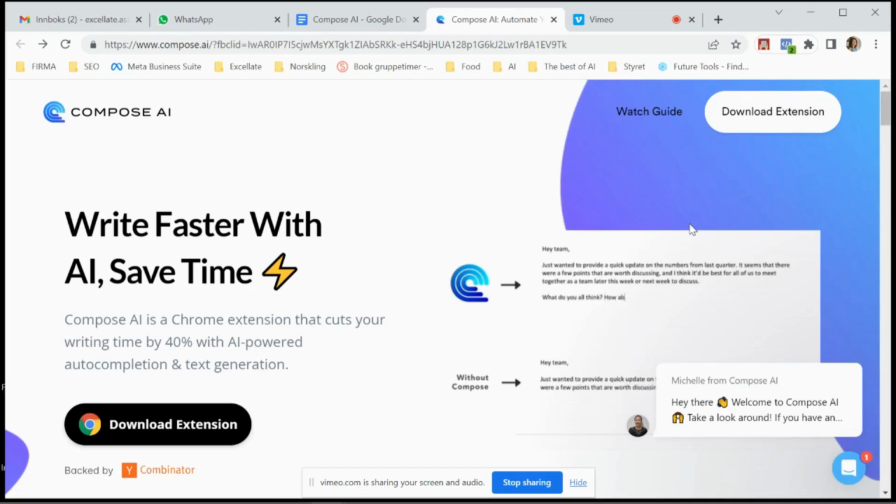Today, I would like to show you this great extension that you can add to your Google Chrome. It's called Compose AI, and it helps you make super fast responses to your emails, and it will also make your writing and creating much faster. Compose AI advertises itself with the slogan "Write faster with AI, save time," and it has a couple